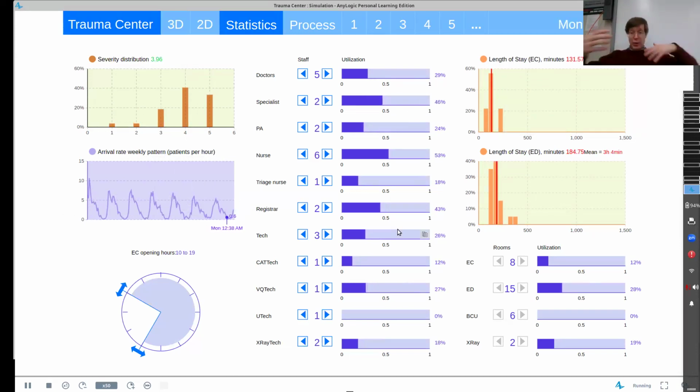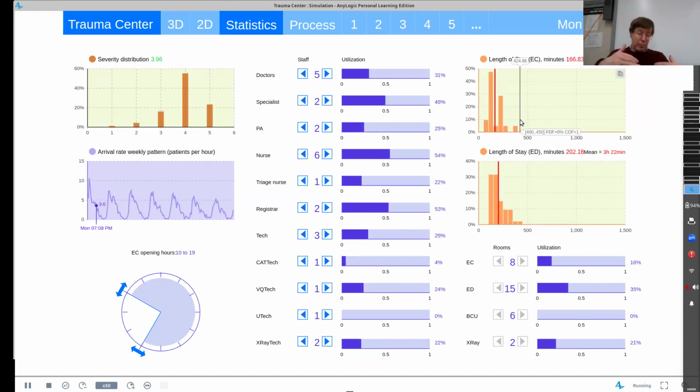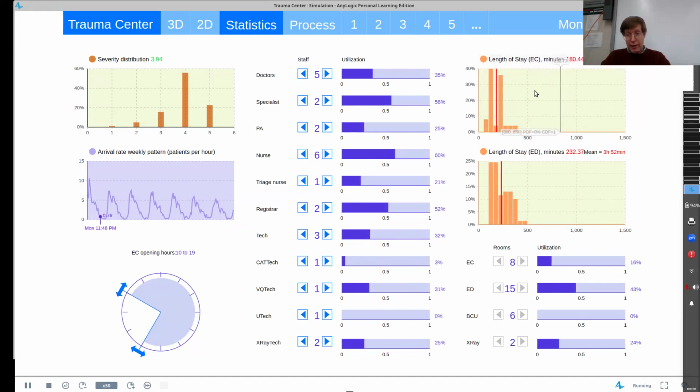That comes from the competing availability of different resources for serving patients, the fact that certain resources may be more bottlenecks than others, that patients may be awaiting a bed much more so than they're waiting for a specialist physician, et cetera. The fact that they need one resource before the other may mean the first is more of a bottleneck than the second. But also what emerges is length of stay, for example,